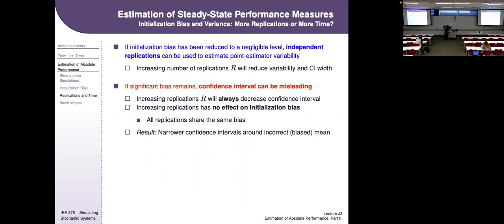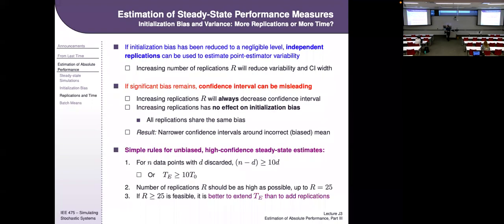If we haven't, if some significant bias remains, our confidence interval will be misleading. Adding replications will not reduce initialization bias. So we really have to get rid of the bias before we start worrying too much about the number of replications. But if we assume that we've gotten rid of all of our bias here,